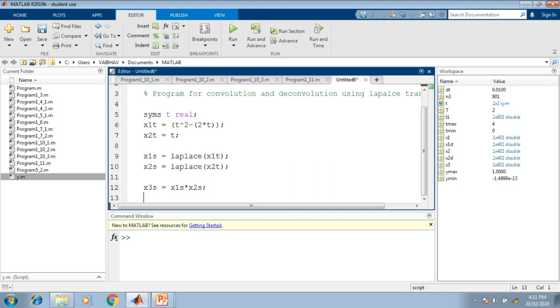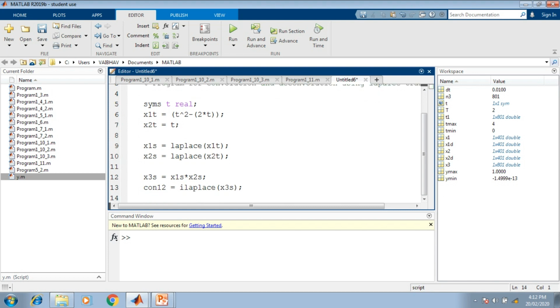For that purpose I name the convolution of the first and second signal con12. It will be the inverse Laplace transformation of the result obtained by multiplying the two transformed versions. For inverse Laplace transformation, ilaplace is the MATLAB command, and the input we provide is x3s, computed in the above step.